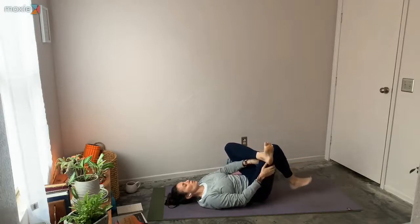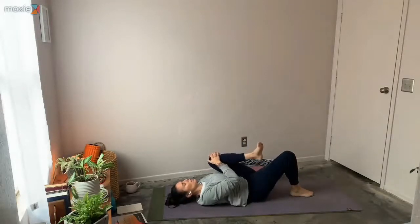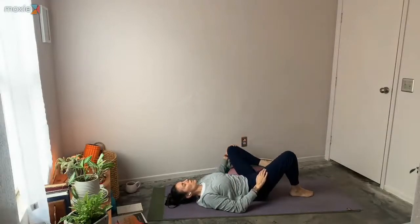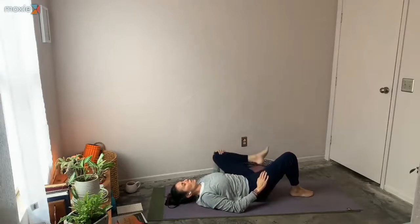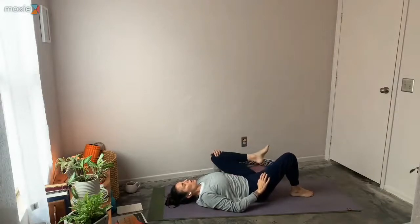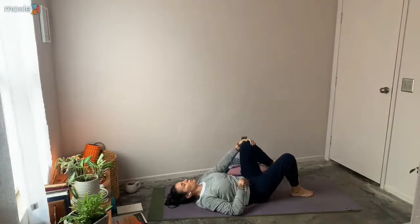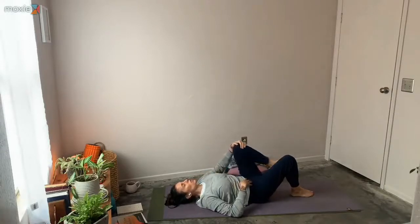Slowly bring the right foot down towards the mat. Left, and give it a nice little squeeze. Some circles, getting into the hip socket a little more. Still deep in the breath. Every time you reach that breath, connect to that deep breath. And practicing the but, just to